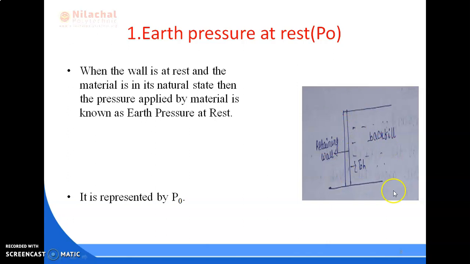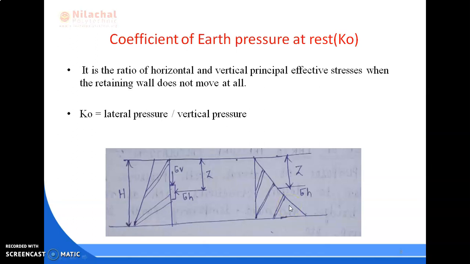This figure shows the earth pressure at rest. This is the retaining wall, this is the backfill. Next is the coefficient of earth pressure at rest. Its notation is K0. So it is the ratio of horizontal and vertical principal effective stresses when the retaining wall does not